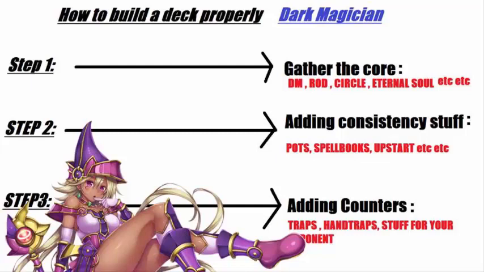And also the other stuff he mentioned here, it's Upstart, which is a good card. It's not bad, but it's kind of a little bit expensive, so these days you must consider that. If the card is too expensive for your pocket, that's a no-go. So these are very valid additions for the draw power on Dark Magician, but a more consistent draw power for the